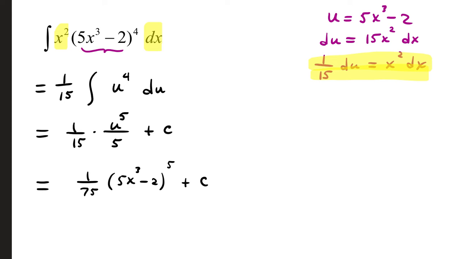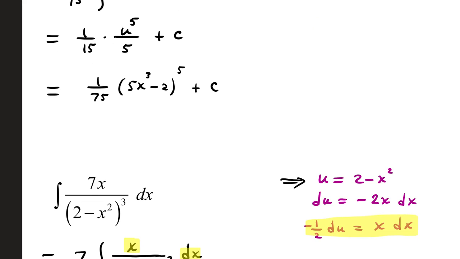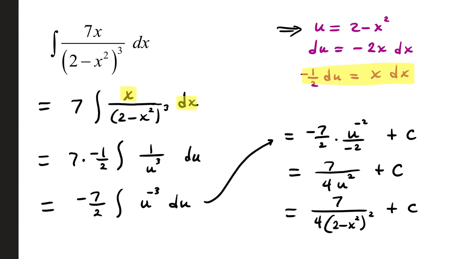So usually what we're doing is we're dealing with a group term to usually some power, and the chain rule is involved because the derivative of the inside group is 15x squared, so we have to account for the 15 and the du once we make our substitution. So you kind of have to keep in mind this is chain rule in reverse. Our next example that we did in class,